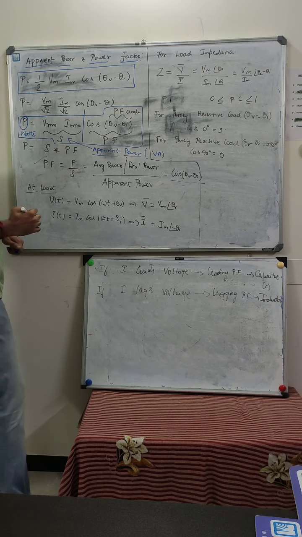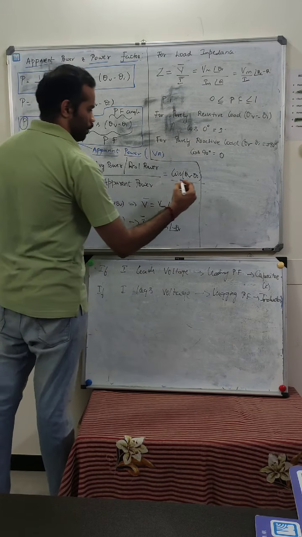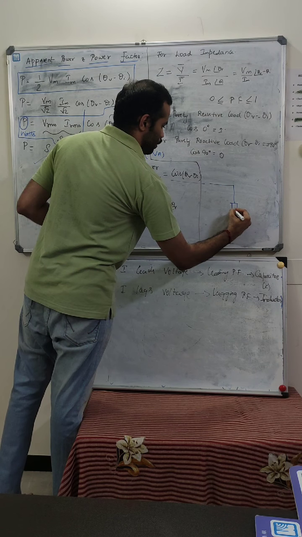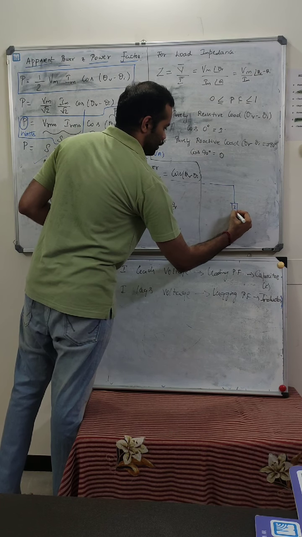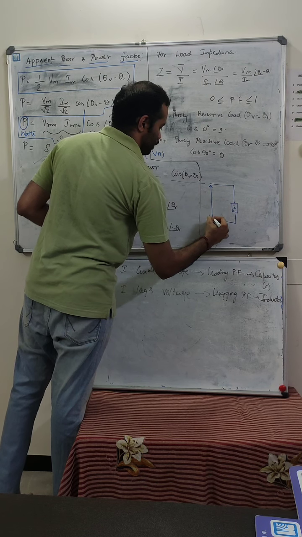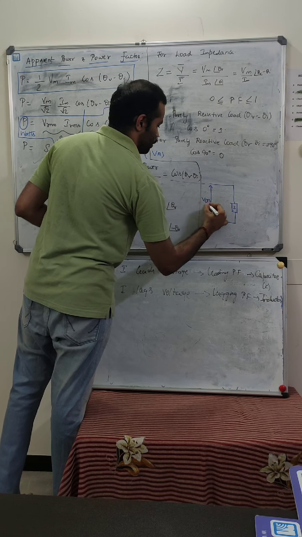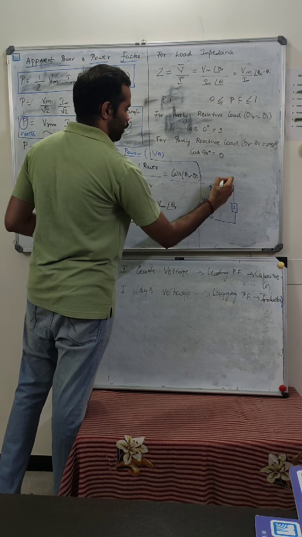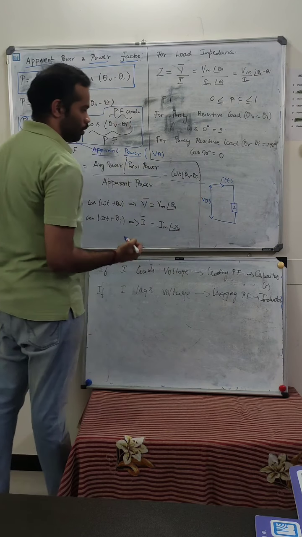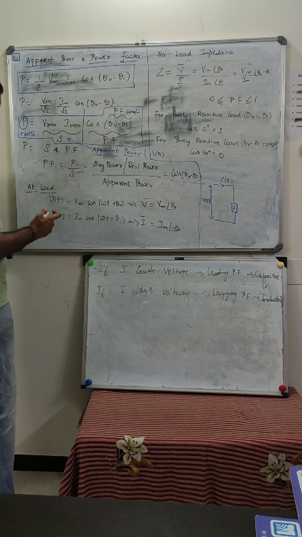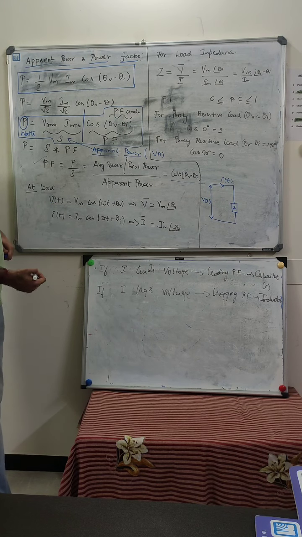Okay. So suppose, let's say you have an impedance Z at your load side, and you are connecting V of t, which is the voltage across this particular impedance. You are going to measure the voltage across this impedance and the current I of t flowing through this impedance. So whenever you are mentioning this, you can represent it in terms of V of t and I of t with the help of the equations which we have seen already.